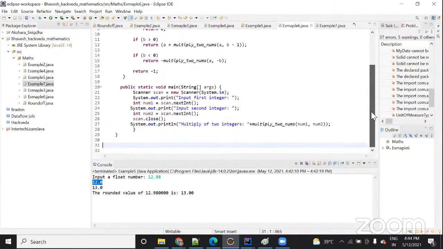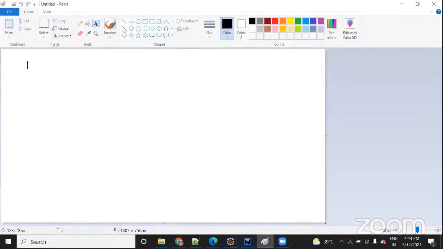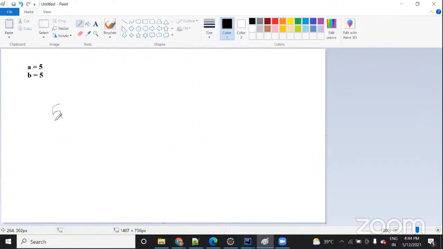Here in this program, we will accept two inputs from a user and we will multiply them, but we're not going to multiply like A is equal to B or like B is equal to A. For example, when you run the program, it will ask you to enter a value. Like for example, you enter A is equal to 5 and B is equal to 5. So it is not going to multiply directly, just like we see 5 into 5 and it will give you 25. No, it's not like that. It will perform an operation that I will tell you the logic.